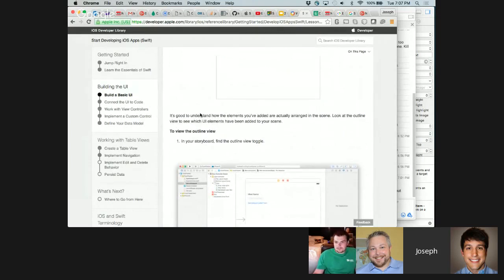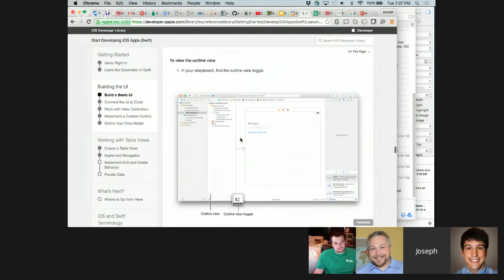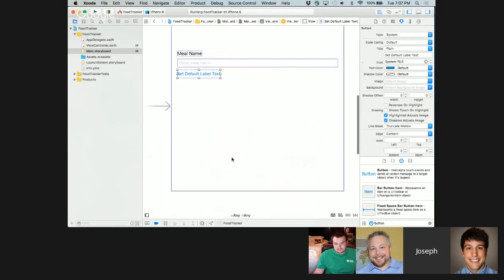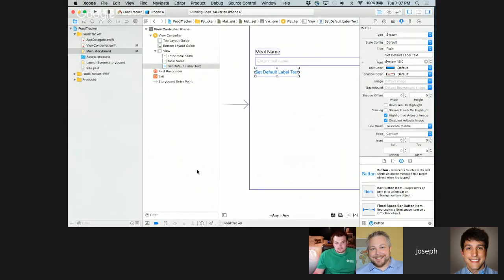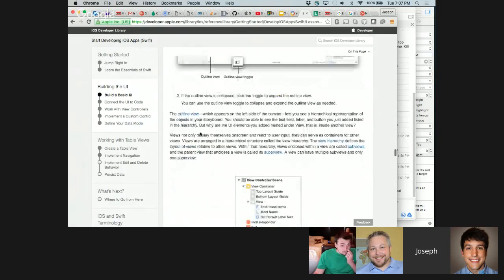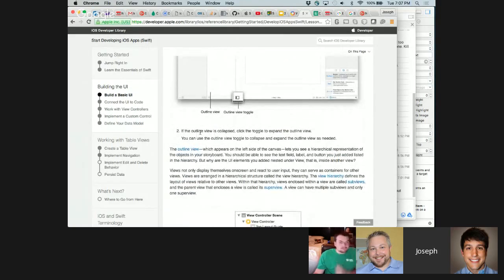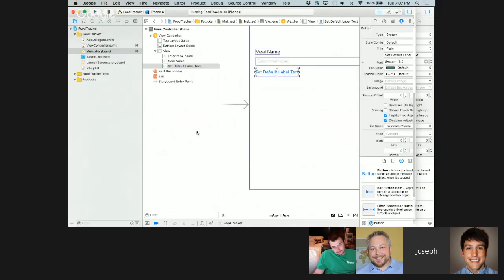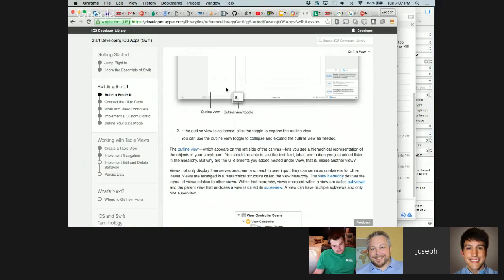So now it says it's going to understand how the elements you've added are actually arranged on the scene. Now we're going to look at the outline view to see what the UI elements have been added to your scene. So in the storyboard, we're going to find the outline view toggle, which is what we did before. And if the outline view is collapsed, click the toggle to expand the outline view. You can use the outline view toggle to collapse and expand the outline view as needed, and like we saw earlier, get more space for editing and maybe make it more obvious what's going on. Okay,